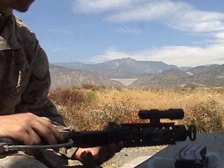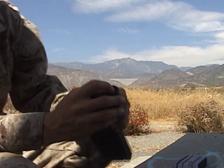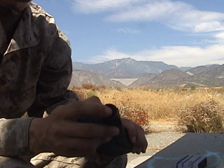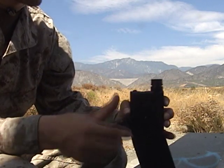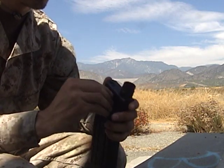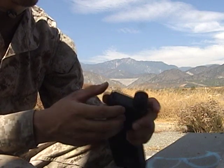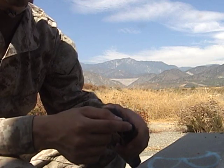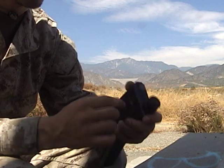Anything else I need to talk about? Oh, the magazines have some more issues. As you can see, there's this sort of ball pusher thing on top of the spring in the magazine that pushes the paintballs out. And what happens sometimes, hasn't happened right now, but maybe we can make it happen. Yep, there it goes. The ball, this plastic ball, will actually get stuck in the paintball detent,